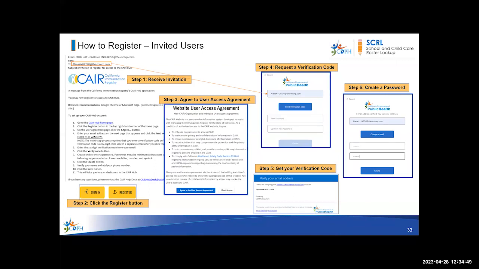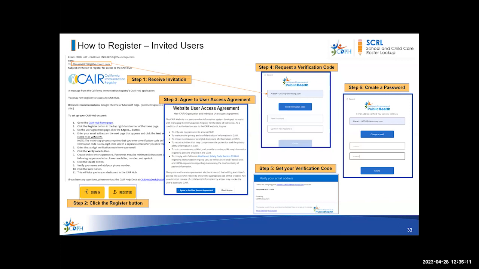Step number 5, get your verification code. Go to your email account, copy the code from the email that was sent by the system, and then paste the code into the verification code field, and then simply click Verify on the Verify Code button. Step number 6, create a password.